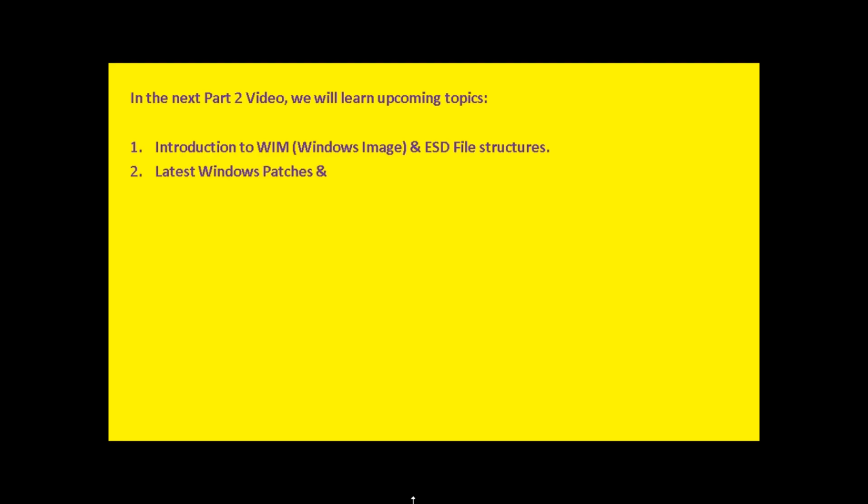So in the next part of this video series, the part 2 video, we will learn upcoming topics like an introduction to WIM, what is a Windows image and the ESD file structure. Then latest Windows patches and packages integration in the WIM file. We will see through PowerShell how we can integrate the latest patches to the WIM file, and then we will see WIM to ESD or vice versa conversion through PowerShell. Okay, so these topics we will learn in the part 2 video,